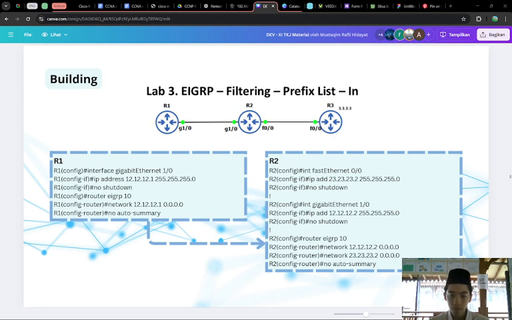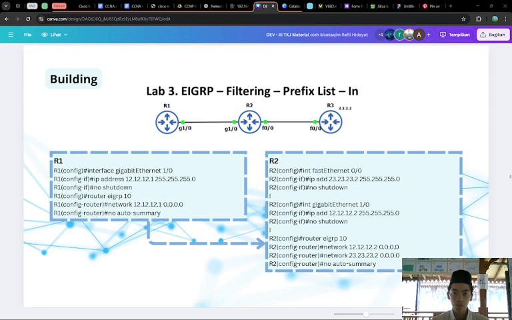Then the benefits, why use it? Security: stop unwanted or malicious routes. Performance: smaller routing table and less CPU and memory usage on the router. Third is policy control: only learn the networks you want. And troubleshooting is easier because you can block specific routes.